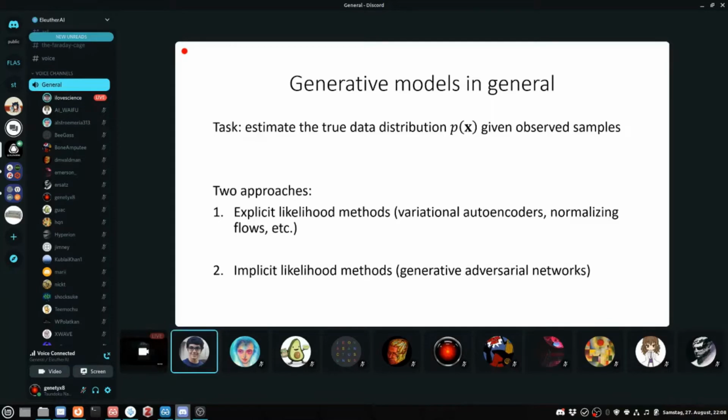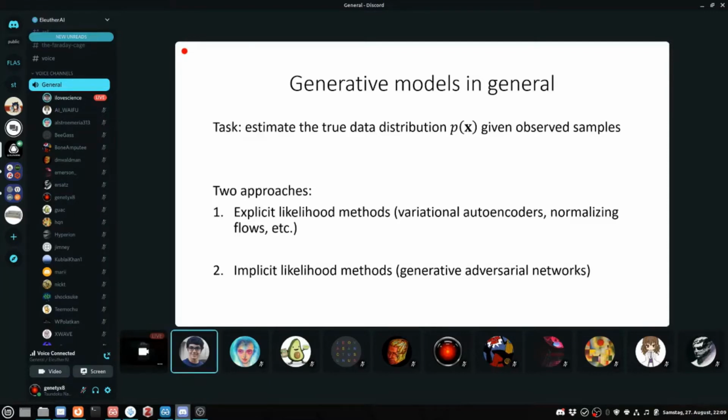There are some that are known as explicit likelihood methods, which would include things like variational autoencoders, normalizing flows, etc. Variational autoencoders were quite popular early on, but later we saw other models like generative adversarial networks that were much more popular, and those are sometimes referred to as implicit likelihood methods. With generative adversarial networks, we saw just amazing, very high quality samples coming out. You've seen, for example, the generated faces and all these sorts of images with StyleGAN as well.